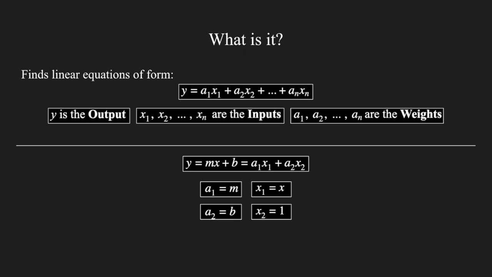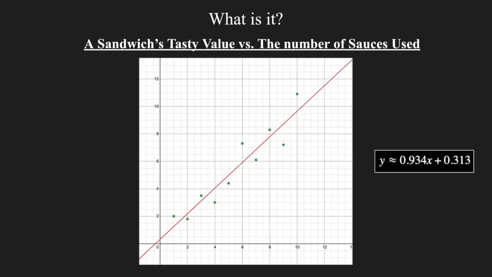Once this linear equation is found, we can then calculate the error in using this approximation, and if the error is within an acceptable range, we can then predict the output of new inputs fairly reasonably. For example, let's say that we have these data points plotted on a graph of how tasty a Subway sandwich is against the number of sauces in the sandwich. Here we can see that according to the data, the tastiness is related to the number of sauces as per the following equation. And assuming the resulting error is acceptable, we can now predict the tasty value of using any